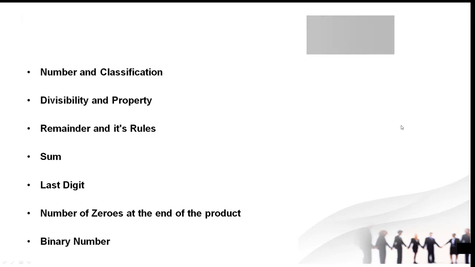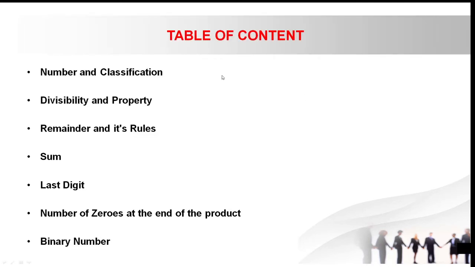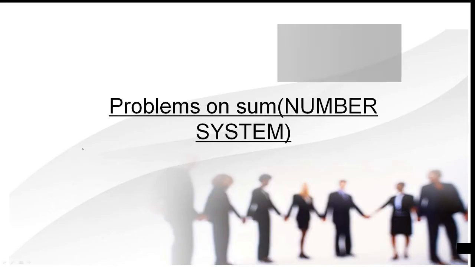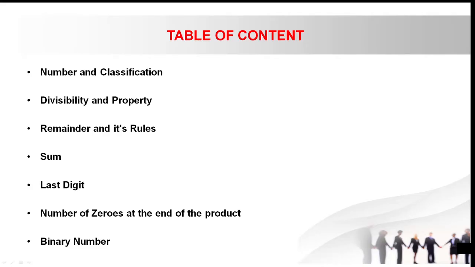Today we are going to discuss the first topic of the aptitude section, that is number system. In this, the topics I am going to cover are the number classifications, first one, and the second one is divisibility rules and properties. First we will see what the number systems and the classifications are. We have different classifications for numbers, right?